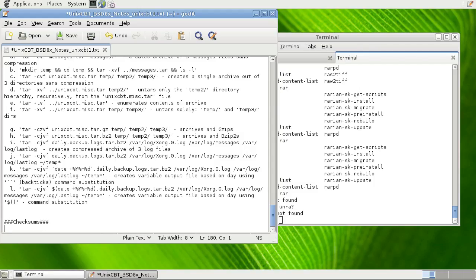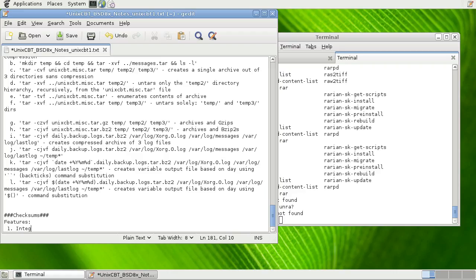Now, checksums are very important because they allow us to confirm that data we've received has not changed in transit due to perhaps man-in-the-middle attacks or other compromises. So, features: integrity check